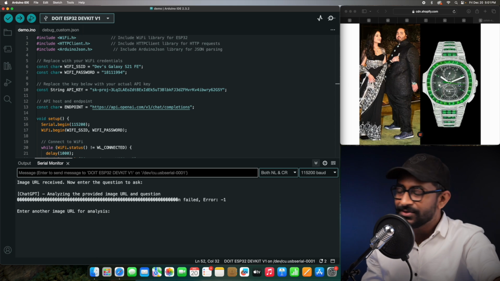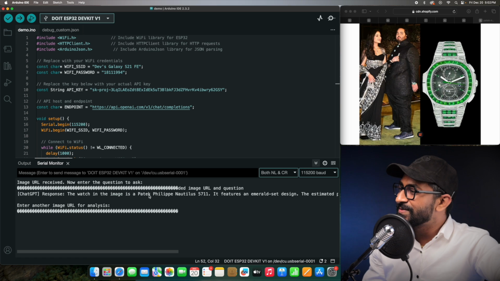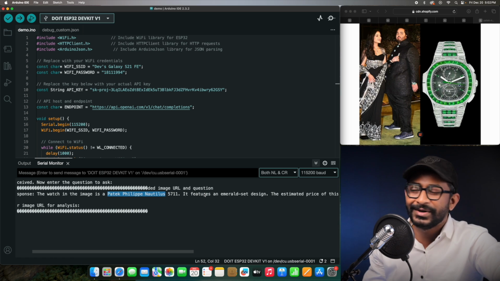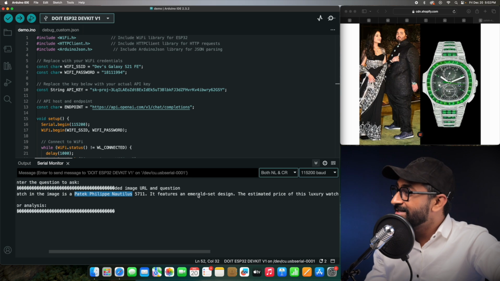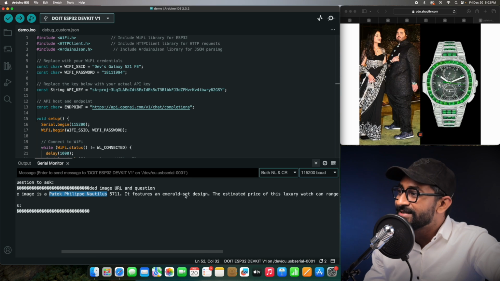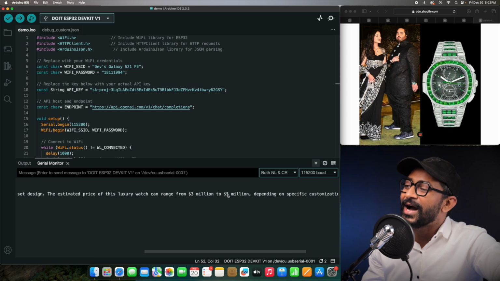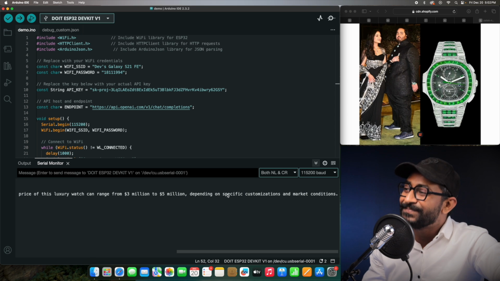Okay, there was some connection issue. Let's just reset it. Okay, so we got the response. The watch in the image is a Patek Philippe Nautilus 5711. Even I'm not sure about this brand and this watch, but if AI told us, it probably will be correct. Let us see the price. It features an emerald set design. Of course, I can see that. The estimated price of this luxury watch can range from $3 million to $5 million, depending on the specific customization